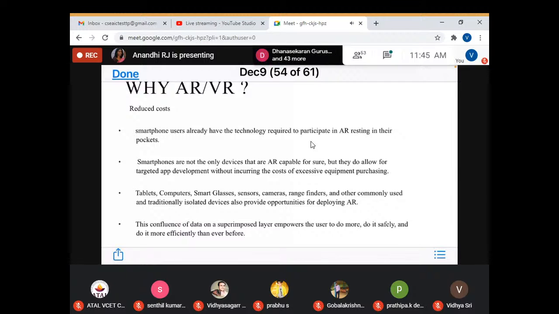For example, yesterday you would have had a session on Google Cardboard. With just the existing smartphone, a lens, a small magnet and a cardboard attachment in a particular dimension, you can place your smartphone inside and get a 3D realization, isn't it? Which means the existing smartphones can be used, or they have the technology required to participate in augmented reality. That's already available with them. And the second one is,